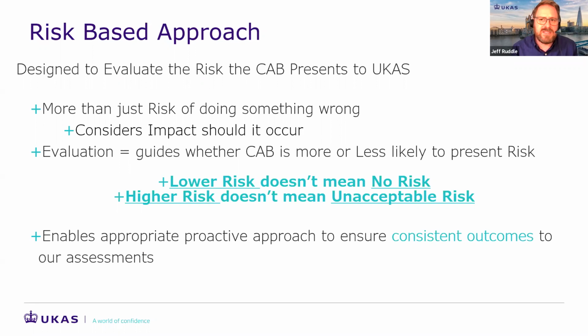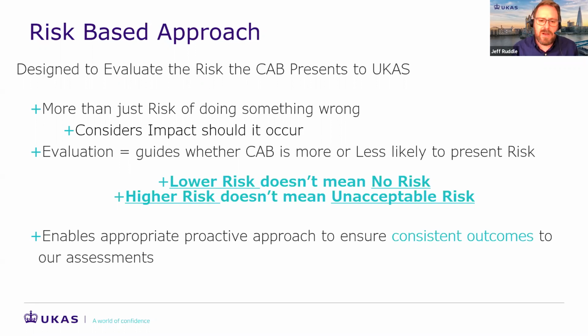Firstly, lower risk doesn't mean no risk. Organisations come to UCAS because there's a need for assurance around the work that they do. That means there is some level of risk. So the lower end of it does not mean no risk, it just perhaps means lower than the norm within the sector. And it's the same thing again, higher risk does not mean unacceptable risk. If the risk that the organisation presents is unacceptable, then that organisation should not be accredited. The higher end of the risk scale represents an organisation that is having some performance issues, or maybe going through some challenging times with a lot of change, and therefore at that time it presents more risk.